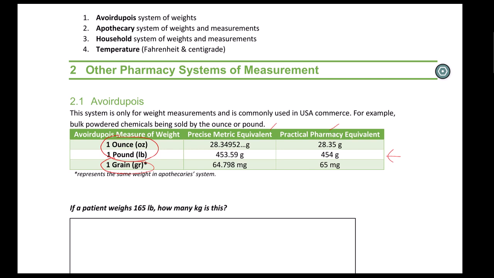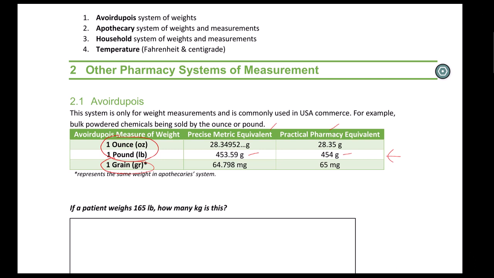So what do I mean by that? If you're buying a product and it says 1 ounce, the packaging will typically say 28.35 grams. It might even say 30 grams. For a pound, if you get a pound of cream at the pharmacy, it's usually 454 grams. But the precise weight is 453.59 grams. The reason why I'm showing you this is that sometimes you will see people using the precise one,